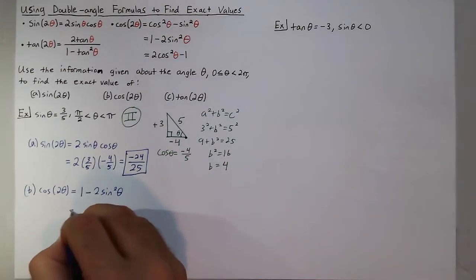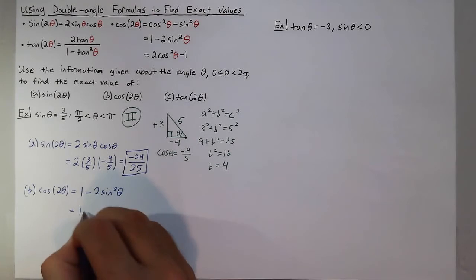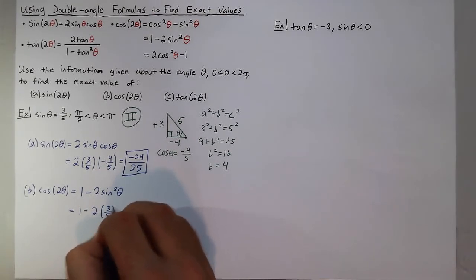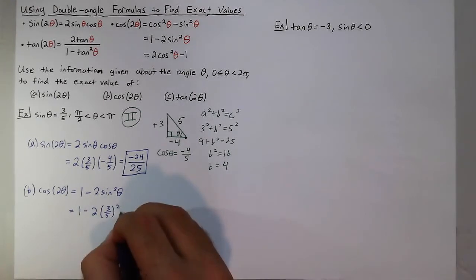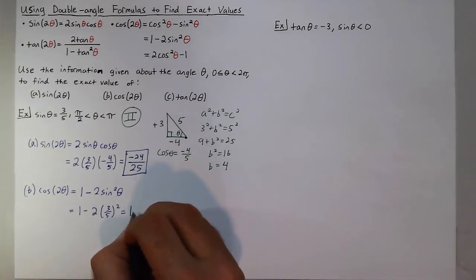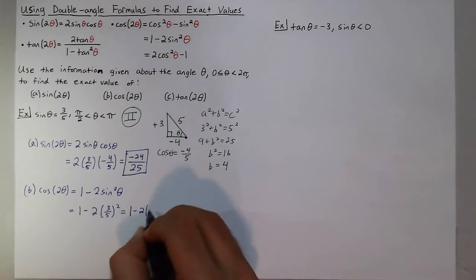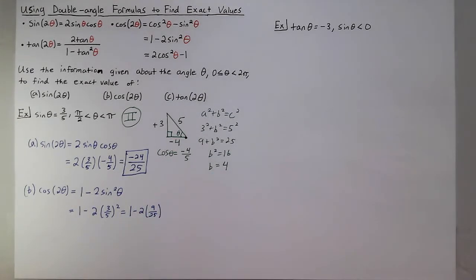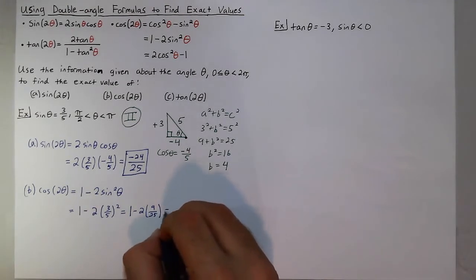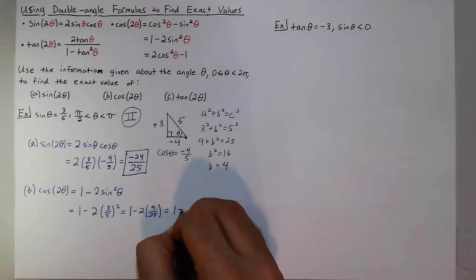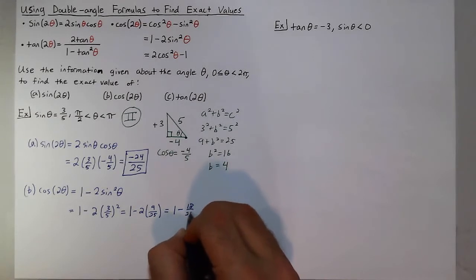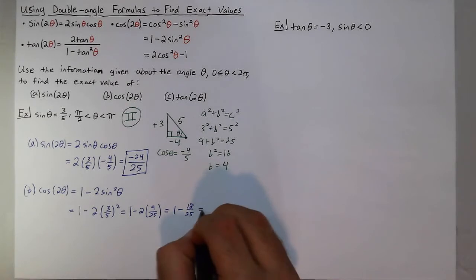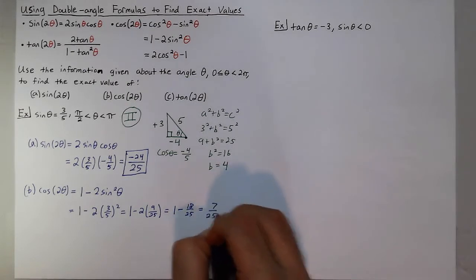So I'll plug in 3/5 for sine, so I get 1 minus 2 times 3/5 squared, which gives me 1 minus 2 times 9/25. So I'll get 1 minus 18/25, and that's now 25/25 minus 18/25, which gives me 7/25 for cosine of 2